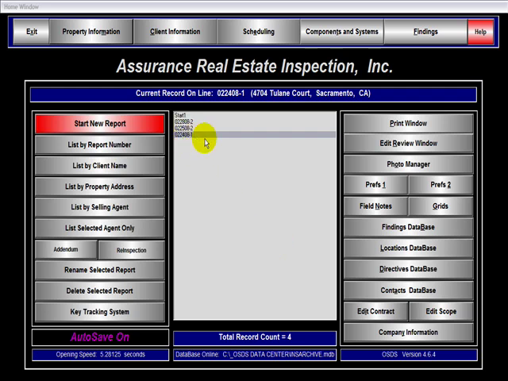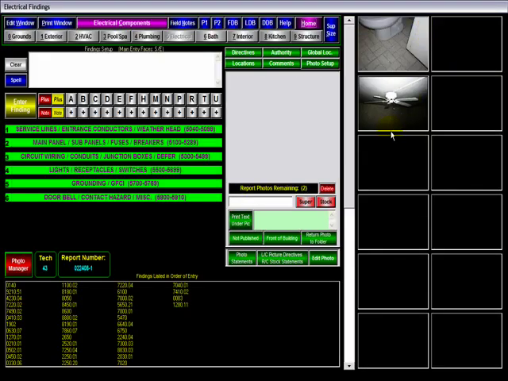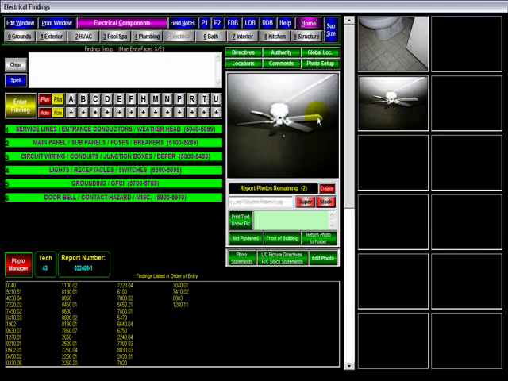In this case, we're going to use this report I already have in the system, and if we go to the findings window, we have these photographs available, and let's say that we wanted to add an additional photograph to a finding we'd already entered. The simple way to do that is just double click on the photograph and bring it into the